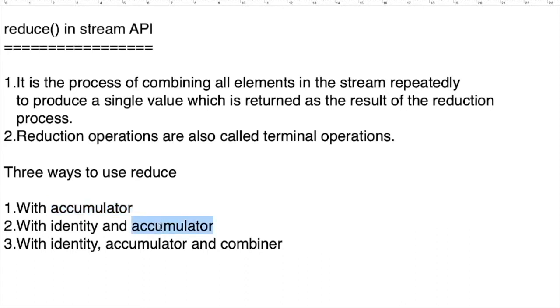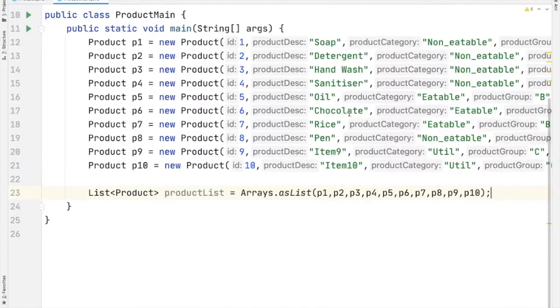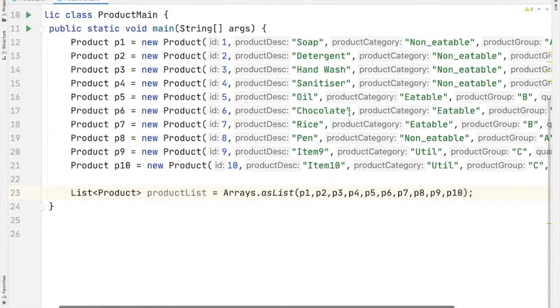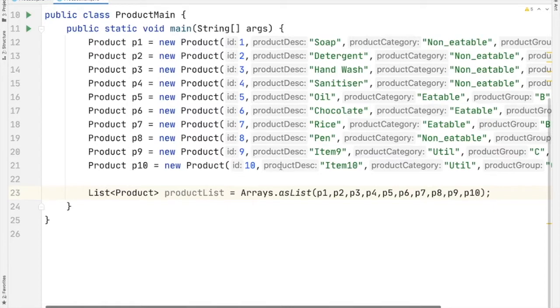So let's start our coding. So this is our main class which has 10 objects, and I have stored these objects into an array list named product list, and I am using the same product list for performing the reduction operation using reduce method. First we look into the reduce method with accumulator as the parameter.